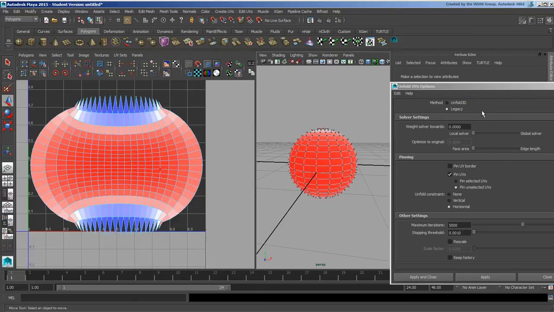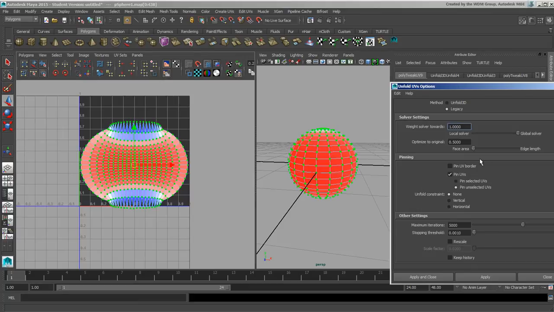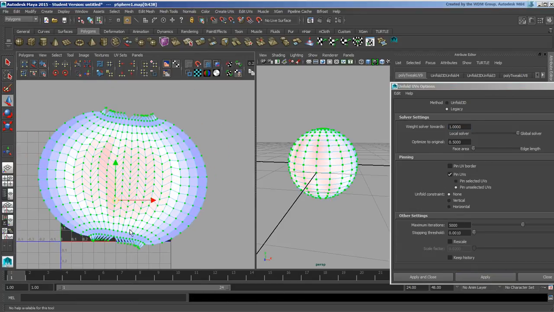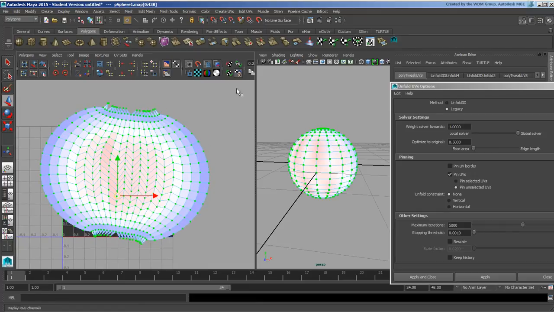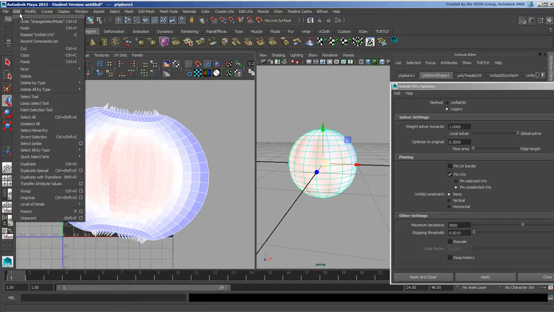Now additionally with this legacy one, you have weighting with regards to a local versus a global solver, and when you switch to the global solver, it gives you options to say respect mainly the face area or respect mainly the edge length. So I'm going to go back and select these guys. Tell it to respect mainly face area, and you see what it's done here is it's tried to re-optimize that in a better way,